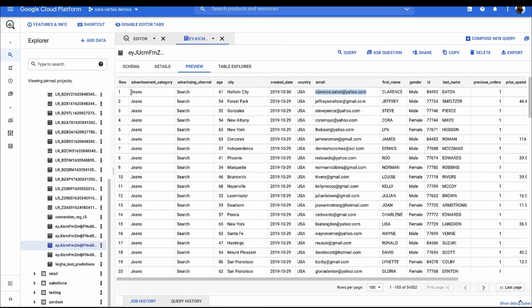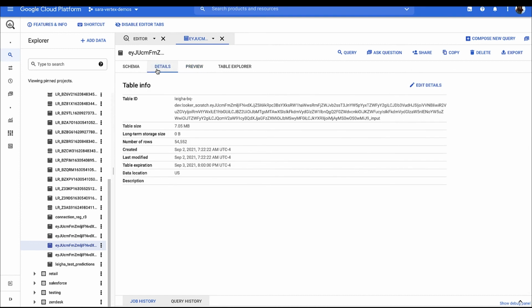And you can see we're going to have the jeans search campaign, which is the fields that the user entered to actually see what would happen if we ran a certain type of advertisement. And on the details of the BigQuery table, we can see that it's set to expire tomorrow so that we aren't storing too much unnecessary information. And also it's named with this long hash, and this is basically a unique identifier for the prediction that we're